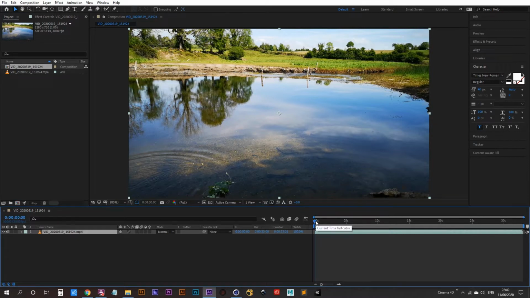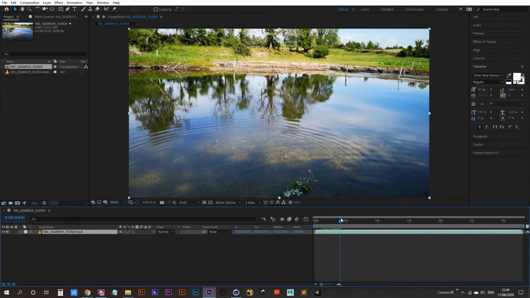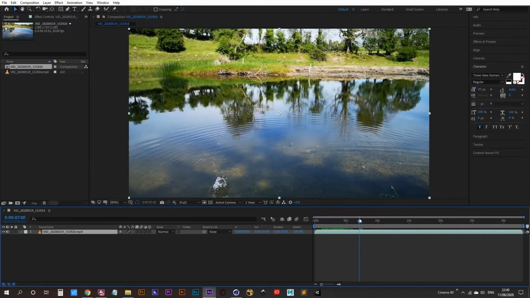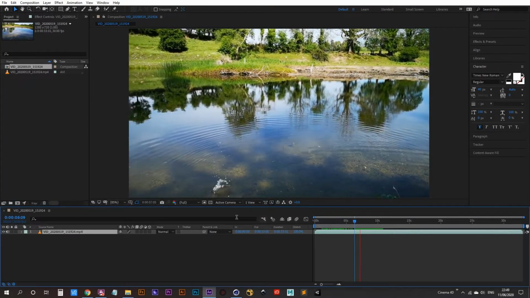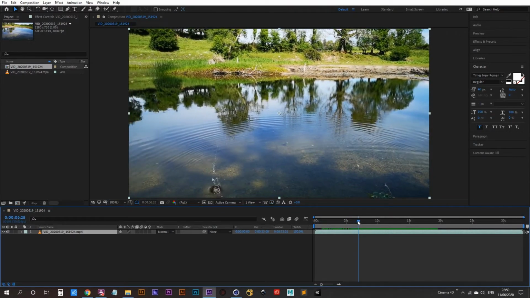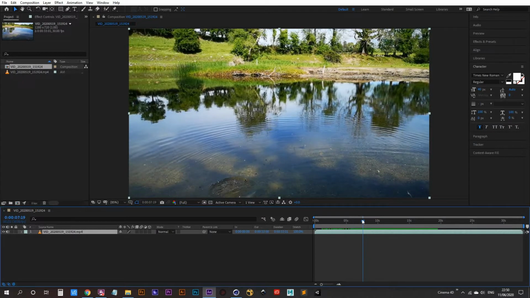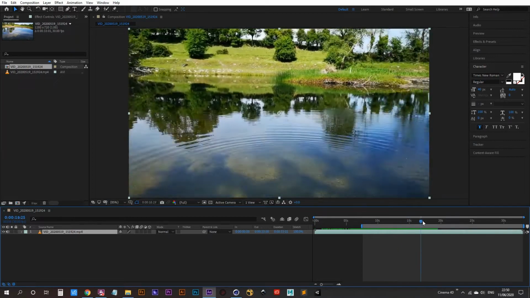So we want to find the point in which we want to start our video. We don't want to see any of the rocks that were thrown in the water. So you can see that there's a rock being thrown in there. We don't want to see that, so we're going to start the video around this point here. So it's frame 229. I'm going to hit B on my keyboard to set the in point there, and then we're just going to get the rest of the video